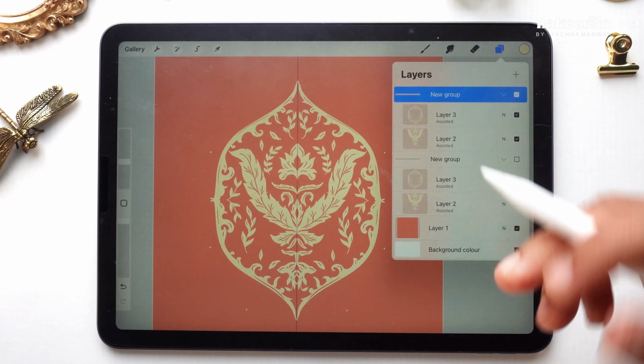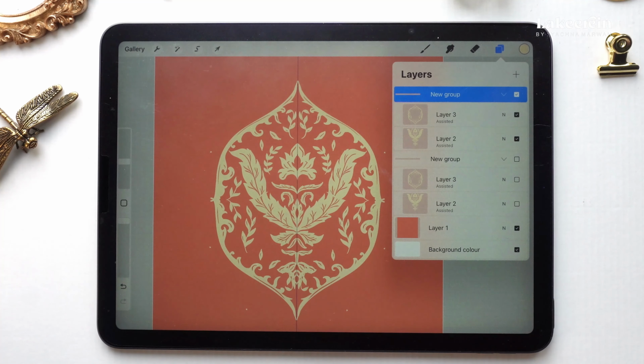After we create the new group, you can simply duplicate this and hide the other one. So now we are going to create a repeat out of it. We are done with creating the center element, and now we are going to create a repeat out of it. Once we are done with this, I'm going to go to the new group I have created and merge that group. So one group is hidden, and we have one layer where we merge everything together.